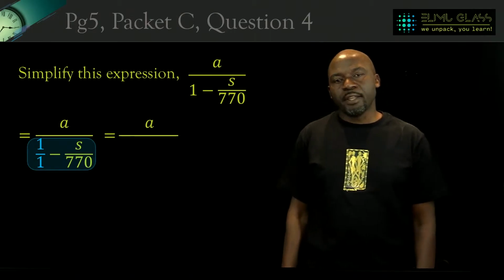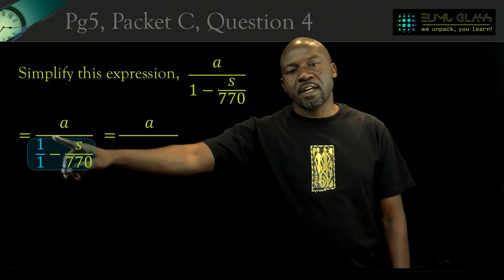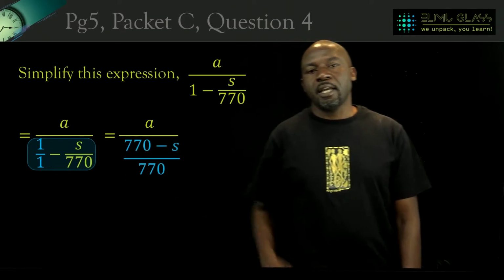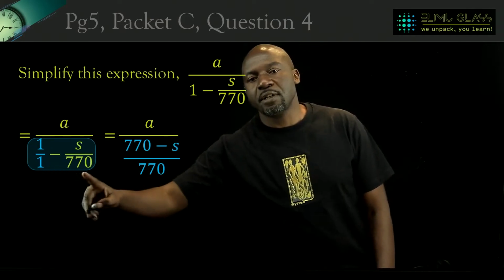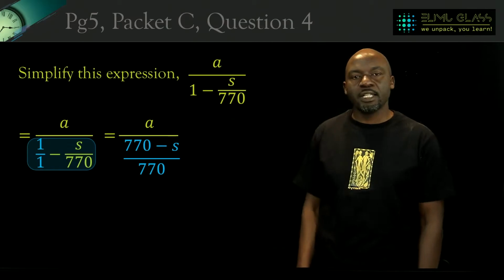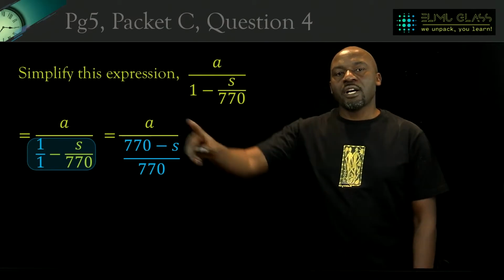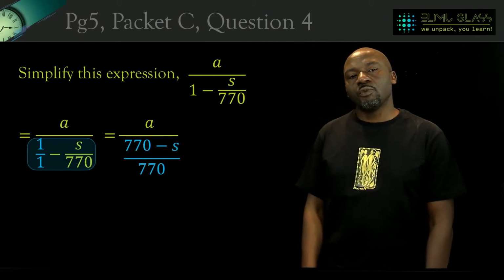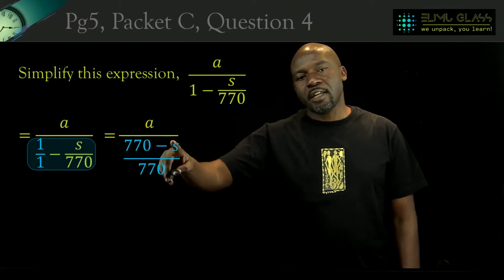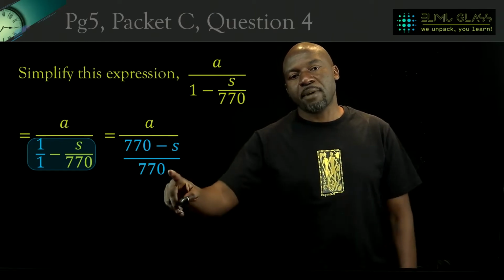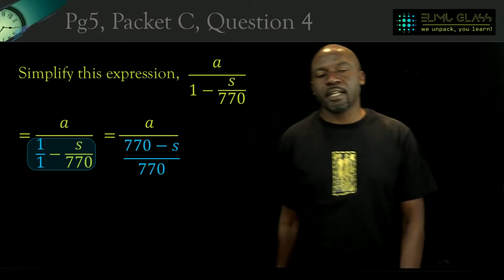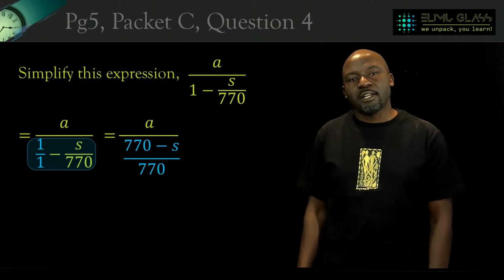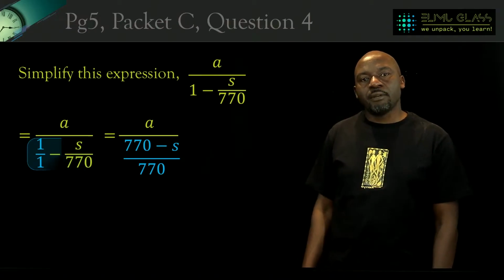So we'll end up with 770 times 1, which is 770, minus s, everything divided by the product of the denominator 1 times 770, and that's what we have. And now we have a divided by another fraction. So all we have to do is take the a, and instead of dividing, we multiply by the flipped denominator there, or the divisor, and we end up with a times 770, everything divided by